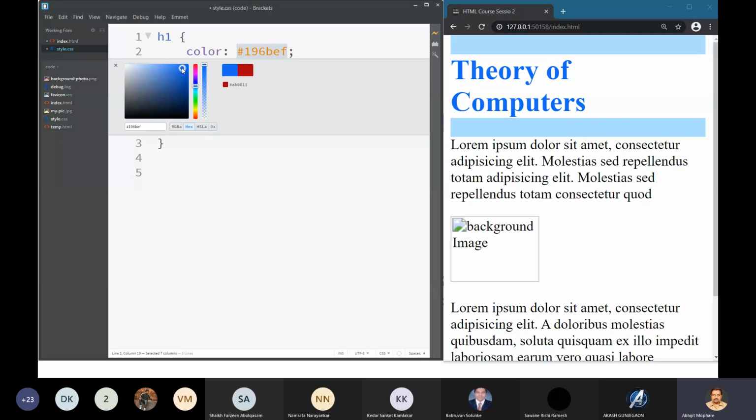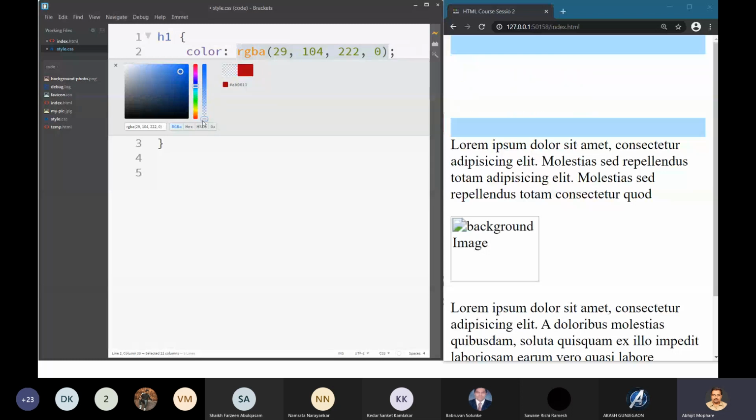So this is the color, and this is the transparency. The moment I do it, see that the text has become fully transparent, as I change the transparency bar. The video is lagging. The second vertical bar is for transparency, and if you have observed over here, this is the second way in which you can specify the color.